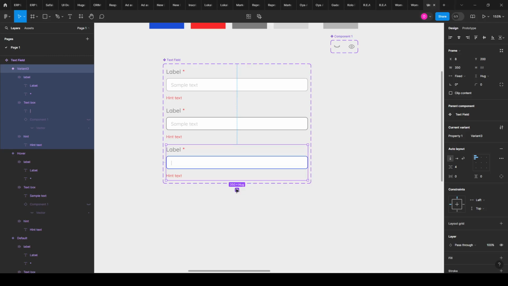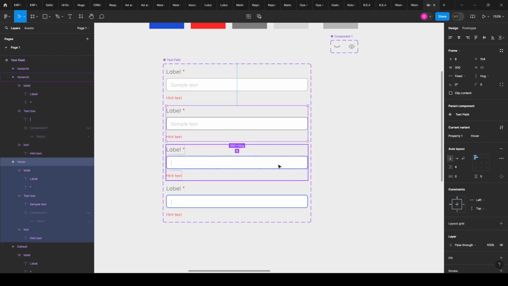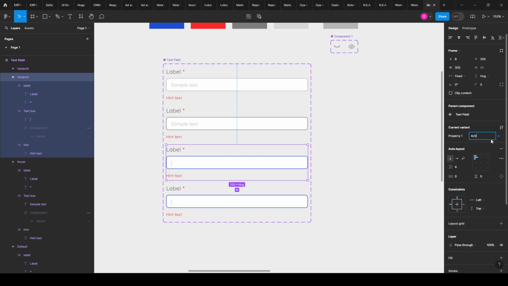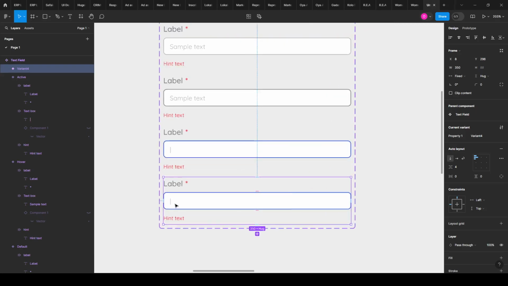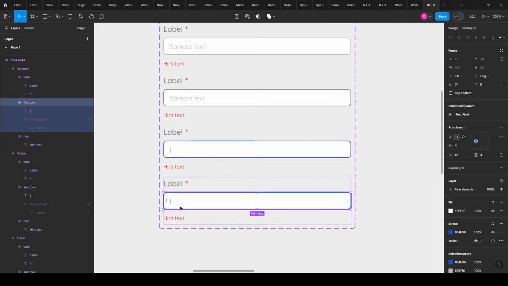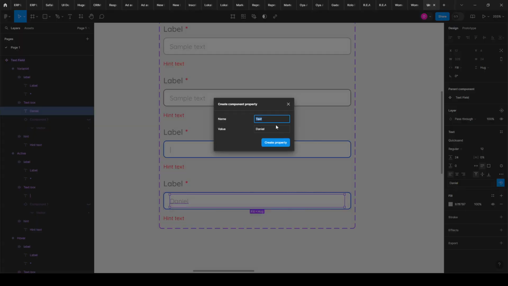Then we are going to create another variant. So this is the hover. Let me call this active, right? Then another one is the filled state, right? So for the filled state we can change this one. We change this one to maybe John, or let's say Daniel. Let me not use John again. Daniel. Then I will change this, create a text property for this and say filled,